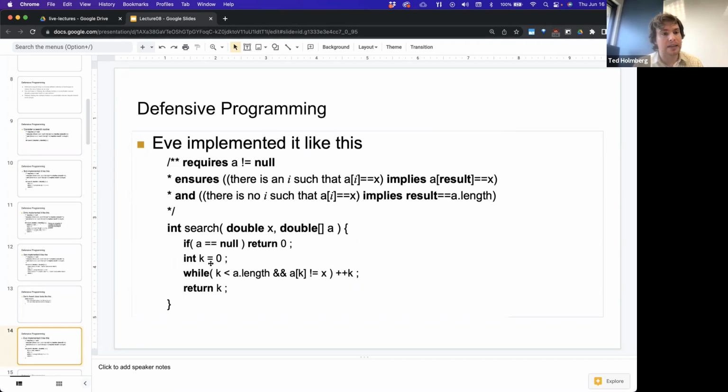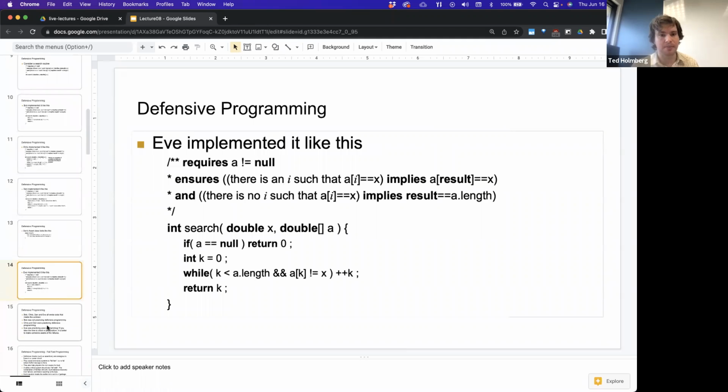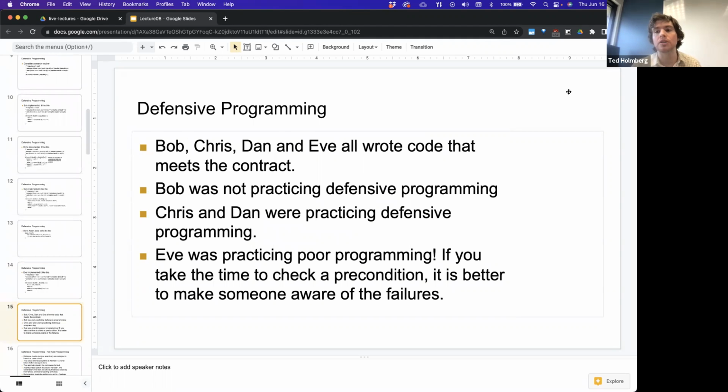I want to illustrate that all of these implementations are for the same method. But if we were to evaluate which ones were most effective in terms of a defensive programming strategy, they all meet the contract. Bob was not practicing defensive programming. Bob's implementation was just the pure implementation, trusting that the client would read the preconditions and postconditions. Chris and Dan were practicing defensive programming. One used assert, the other used a class that they created that would go ahead and use assert, but in